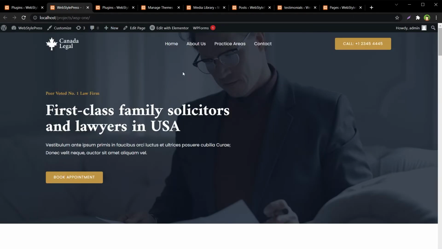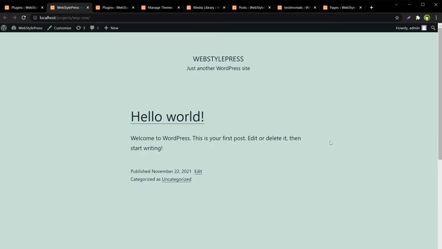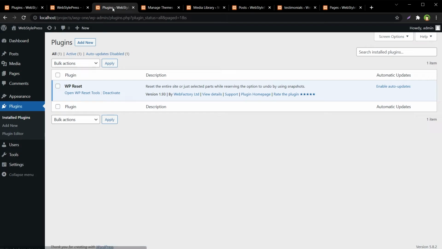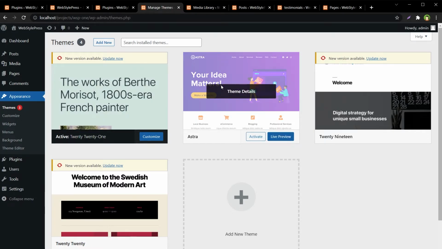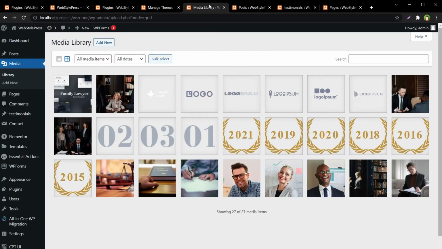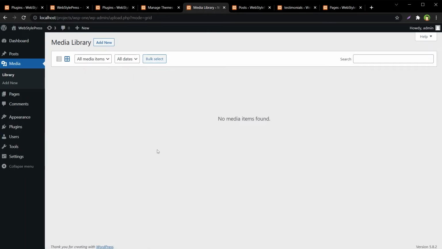And now for our website homepage, this is the default WordPress site. Plugins, we've got only one plugin, WP Reset. Themes, we have the default theme. Astra was disabled. We didn't delete themes. Media library, no items here.